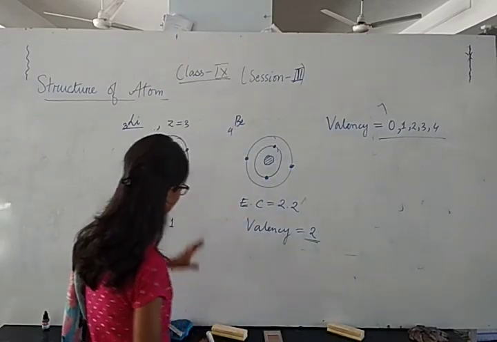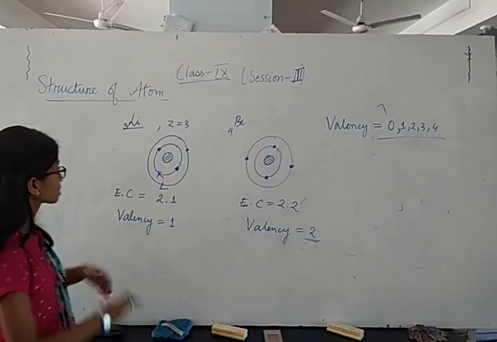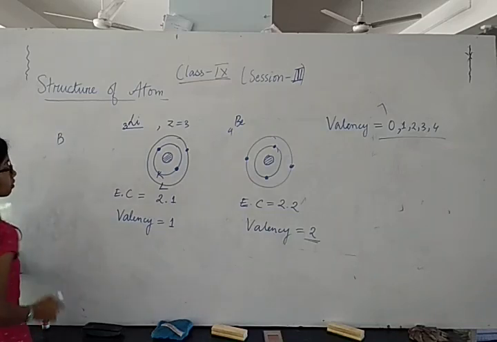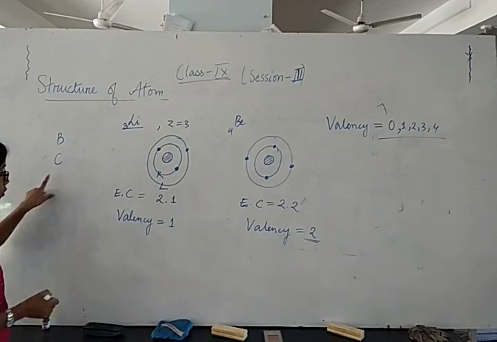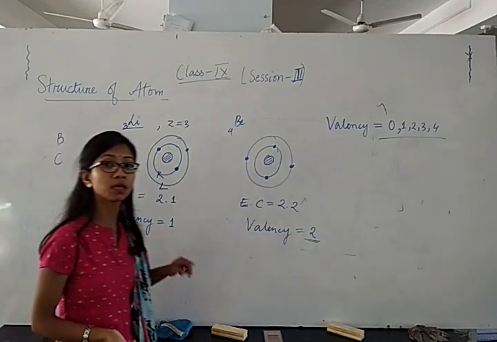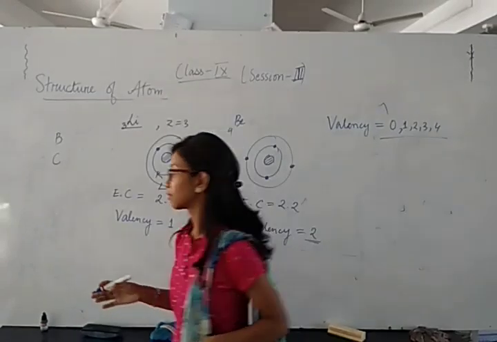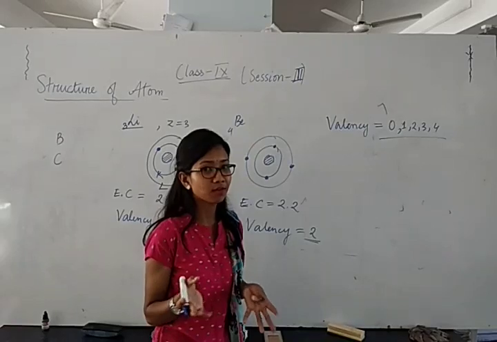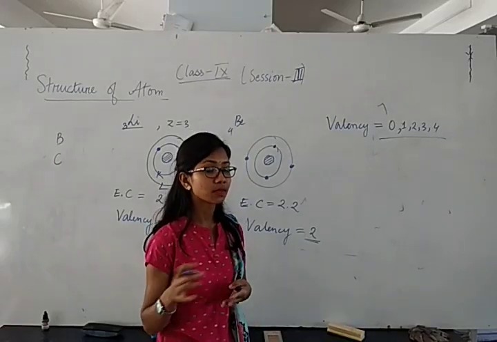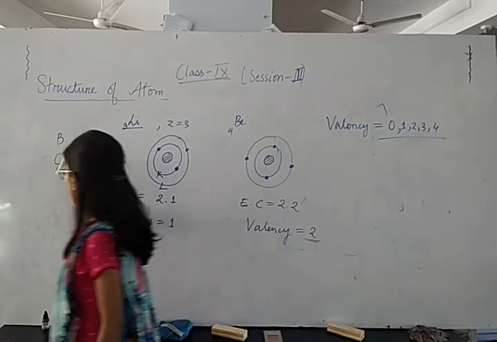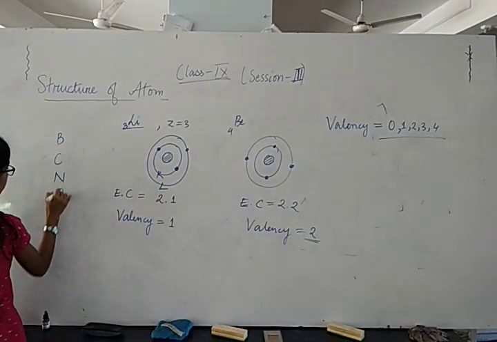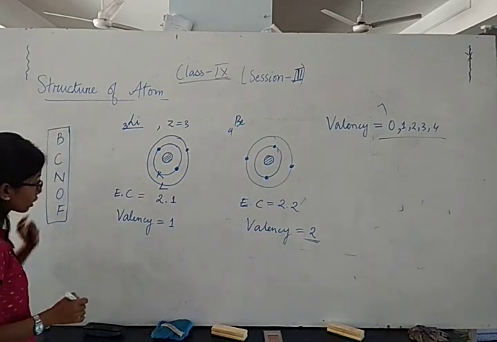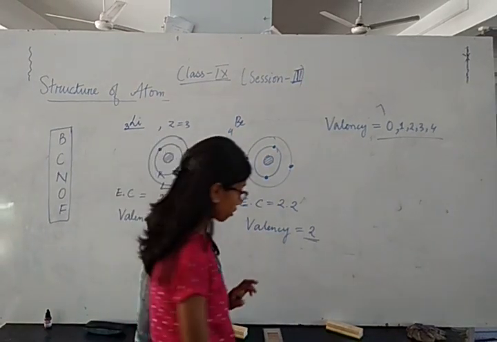Okay. Up to beryllium I have discussed. Now your homework will be from boron, carbon, from boron to fluorine. This is your home task assignment. Since everyone is studying from home only, everything will be homework, but I will name it home tasks. From boron, carbon, nitrogen, oxygen, up to fluorine, you will do by yourself. I will not draw the structure.